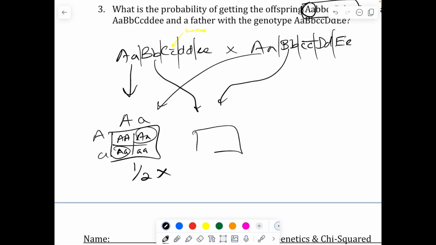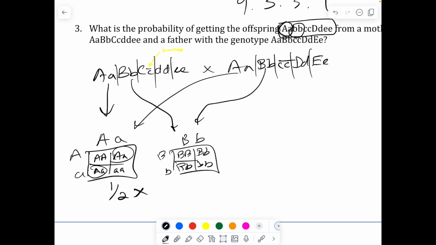So I grab my B's. Now you don't even have to do these squares if you can visualize what's going to happen. I mean, I know this is going to look just like the other square. But now they're asking for little b up here. So that means this one, instead of being a half, is 1 out of 4. So it's a quarter. And you continue doing that